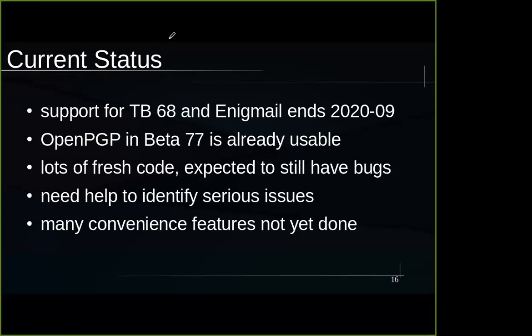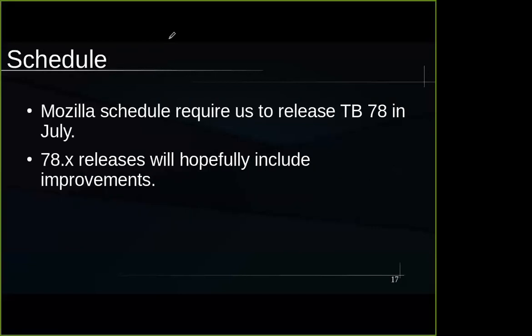The time was short, and there are many things we haven't done yet. In particular, many convenience features are not yet done. You know, we depend on the Mozilla schedule. We must follow the schedule, because eventually we will no longer get security fixes for the base platform that Thunderbird uses. So we are forced to switch to new versions, and this will happen again this summer, in the next cycle. And because that's also when classic add-ons are no longer supported, we really don't have much choice. We have to be ready in some way and release Thunderbird 78